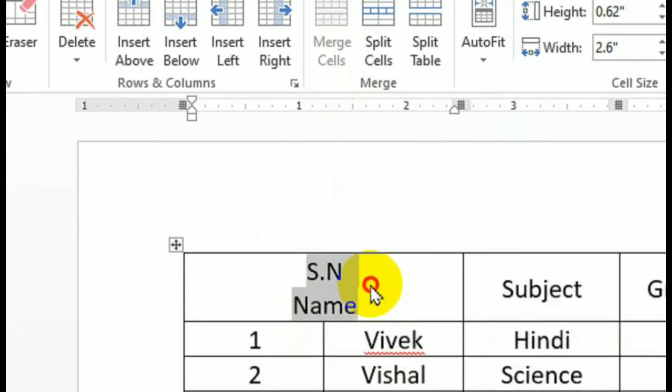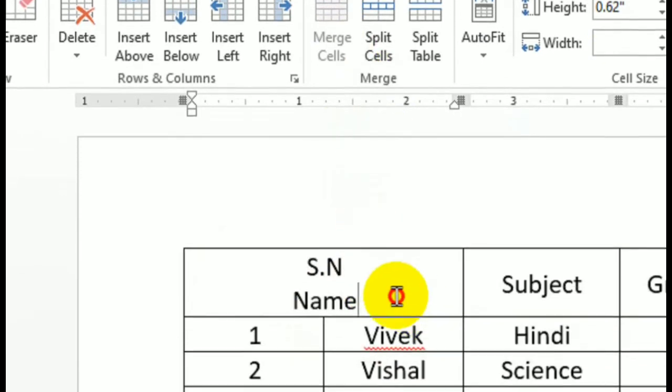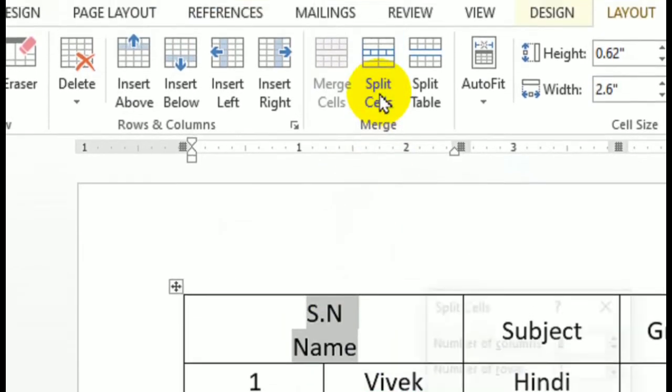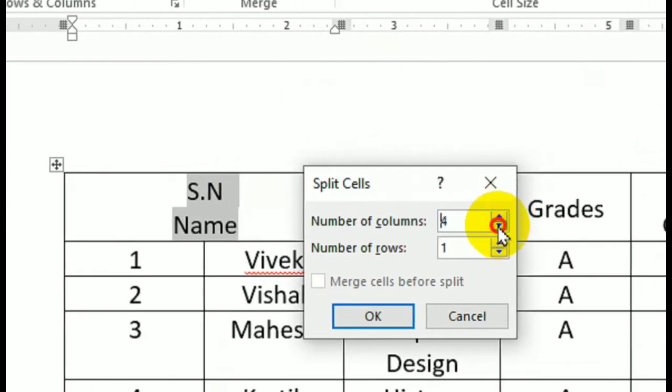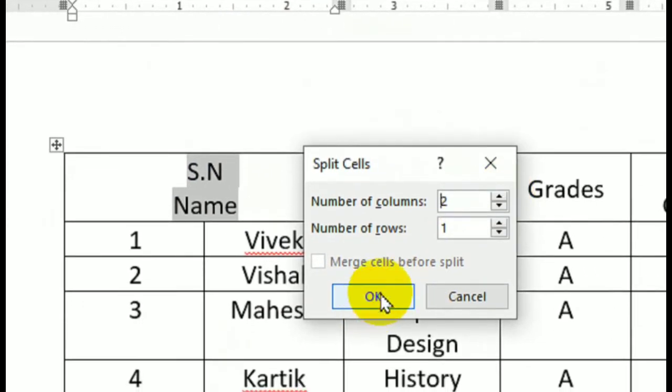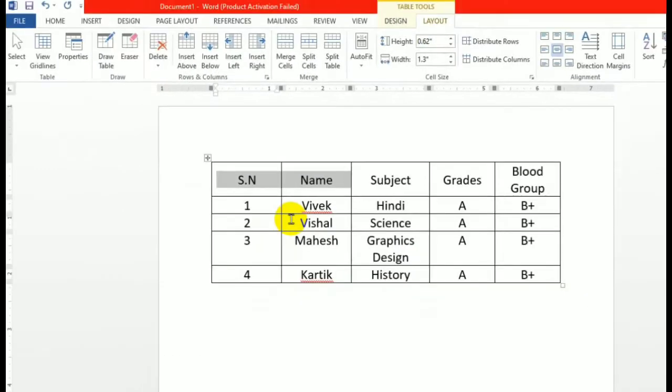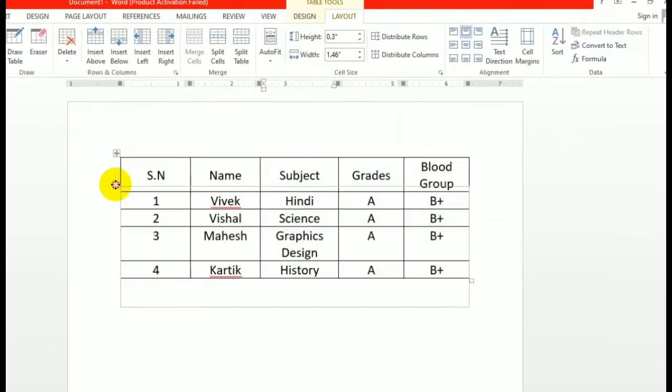Now I select that cell and click on Split Cells. Here you put in how many columns and rows you want to split that cell into, and click OK. The cell will be formed as per your need. These are powerful features; we have seen split cells and merge cells in this example.